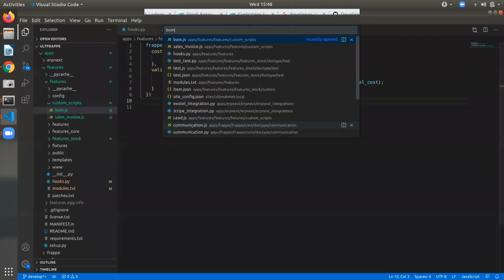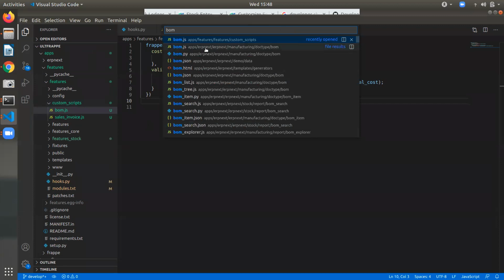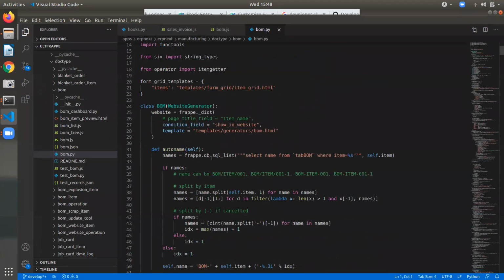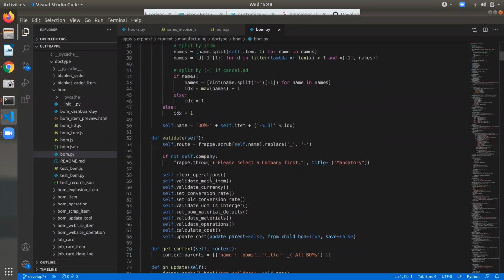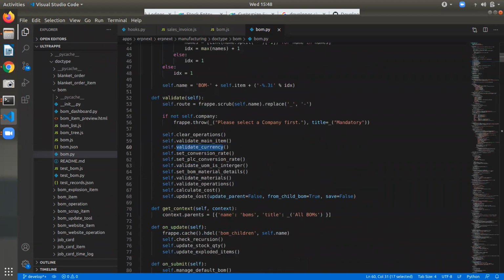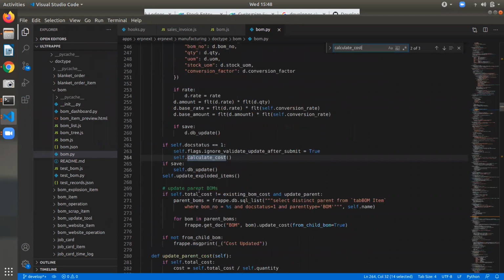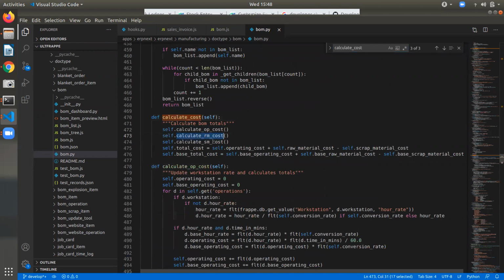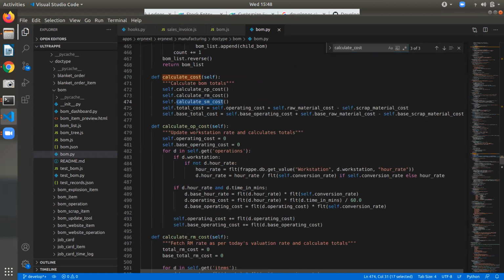Now what you are doing from the front end now? Yeah, sir. I think they are doing it from the server side. Server side, yes. Validating the operations, validate currency, calculate cost. The calculate cost, operating cost, raw material cost, scrap material cost, pricing cost, they're doing it.